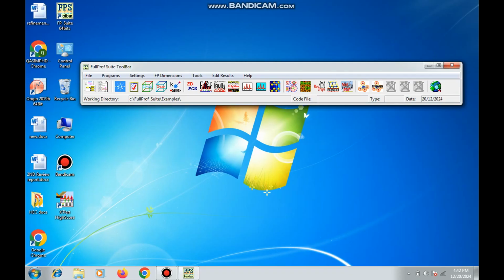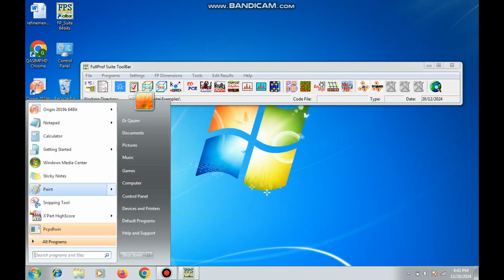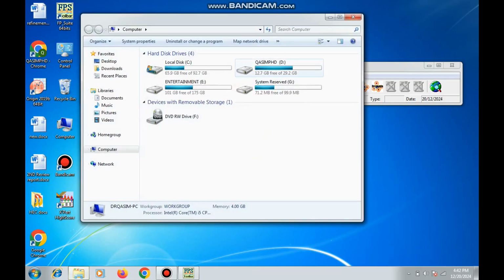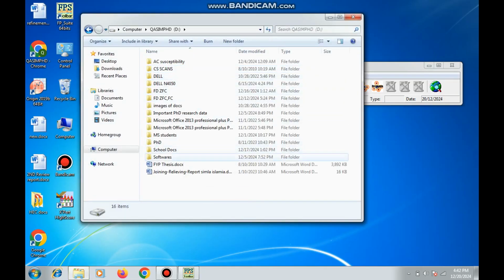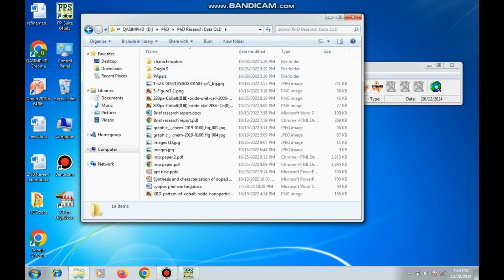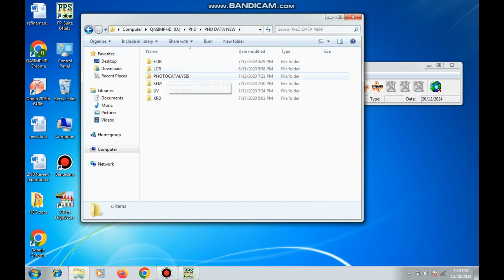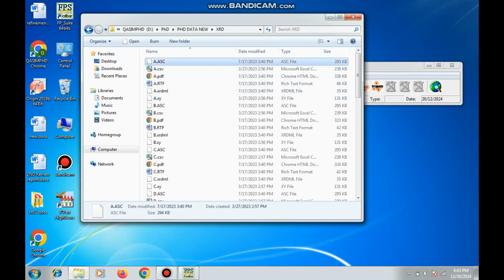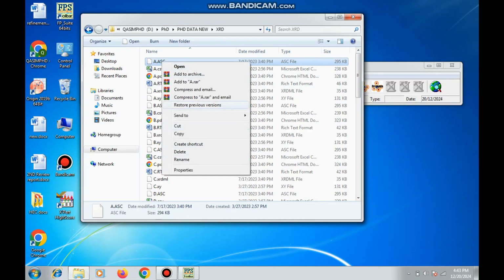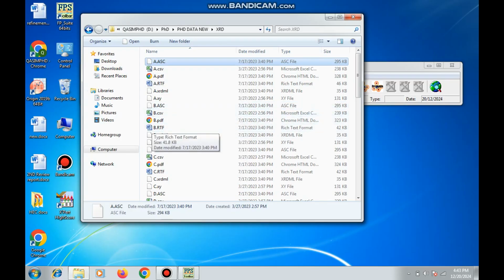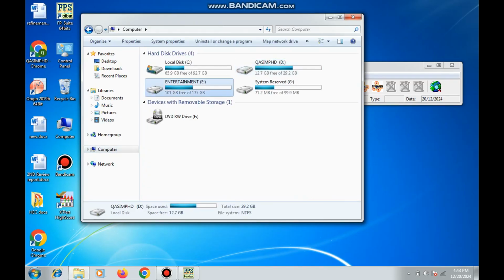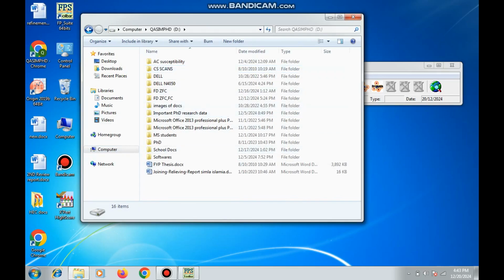So starting with the Rietveld refinement, I will first go to my original XRD data, which is in my folder available here. For the time being, I have this ASC file. I am just going to copy this, and I have to make a separate folder for this Rietveld refinement. I am creating this folder of Rietveld refinement,